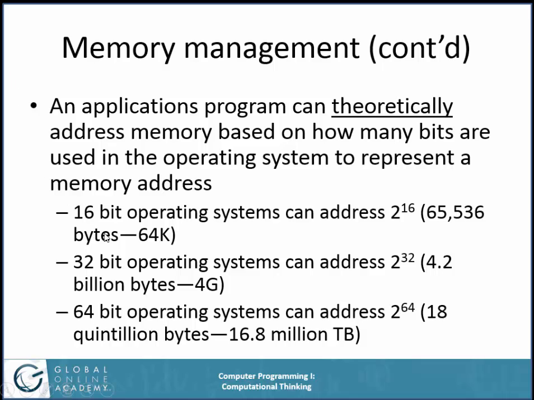Suppose you had a 16-bit operating system. That means that it treats memory addresses by using 16 bits to give the address. Well, that means you could have 16 zeros in there, or you could have 0000000000000001, or 0000000000000010, all the way up to 1111111111111111. Okay, that gives you